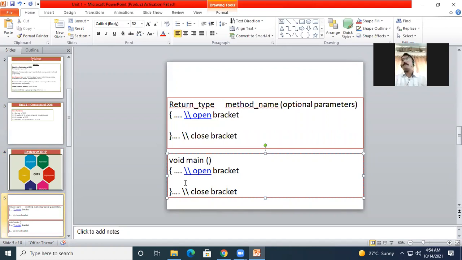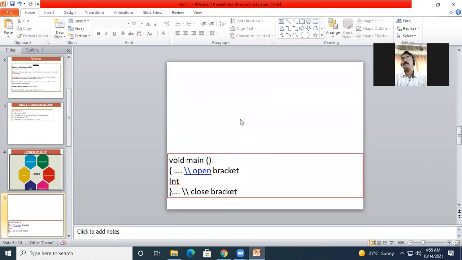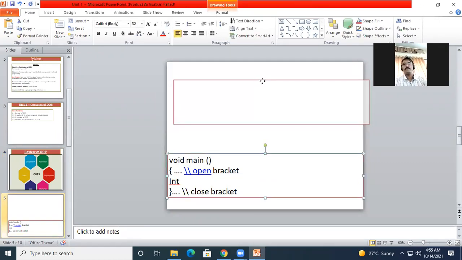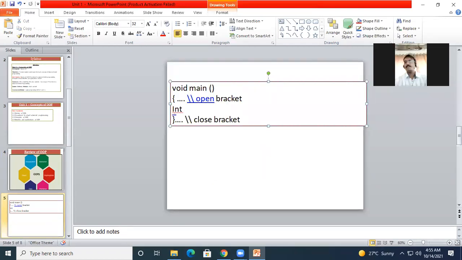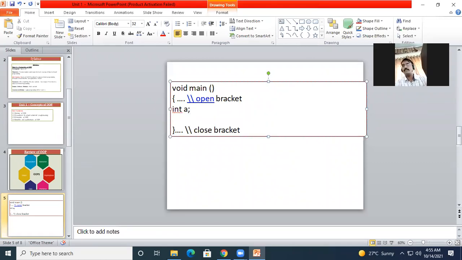See, if I declare here an integer, let's say a, and now I'm going to assign some value to the variable a, let's say 10. It is initialized.